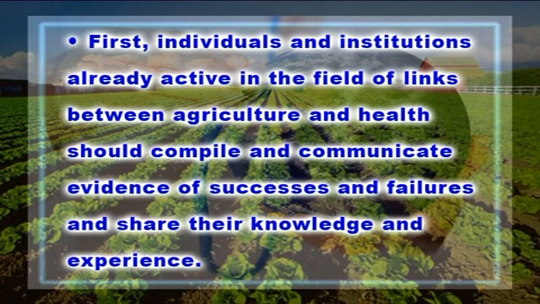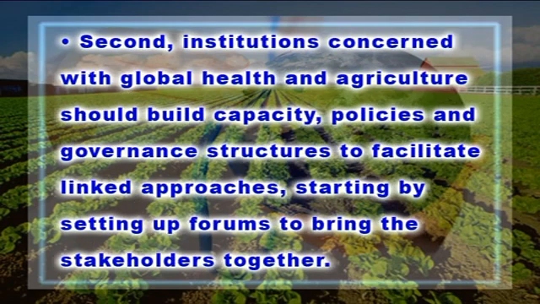Four main steps are required to encourage greater synergies between agriculture and health. First, individuals and institutions already active in the field of links between agriculture and health should compile and communicate evidence of successes and failures and share their knowledge and experience. Second, institutions concerned with global health and agriculture should build capacity, policies and governance structures to facilitate linked approaches, starting by setting up a